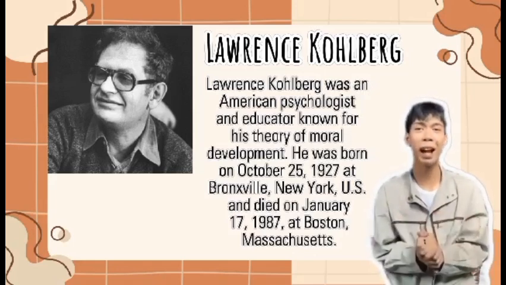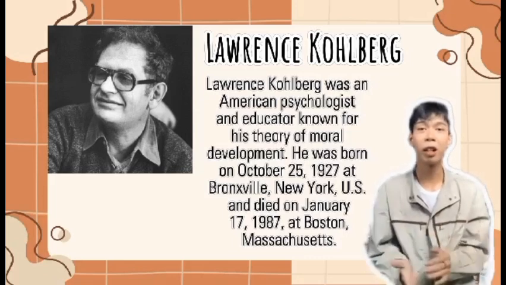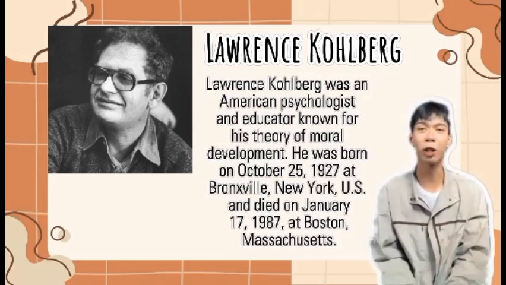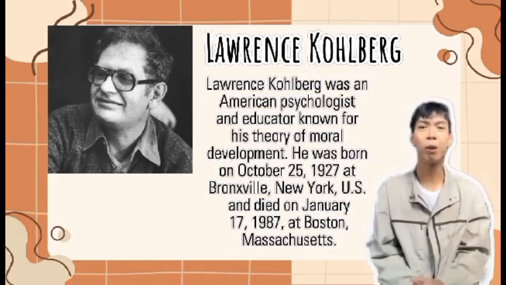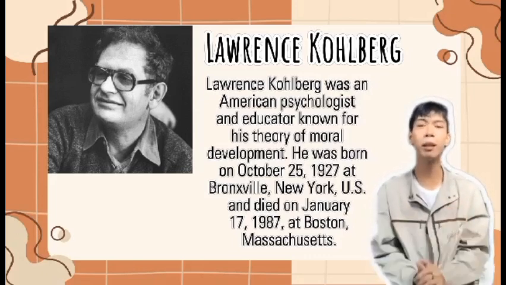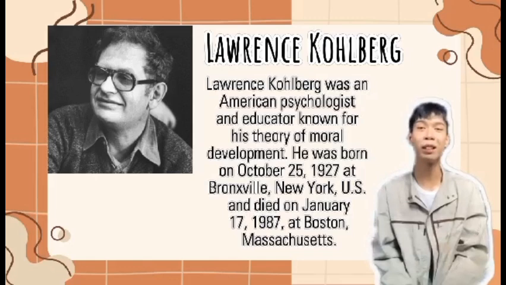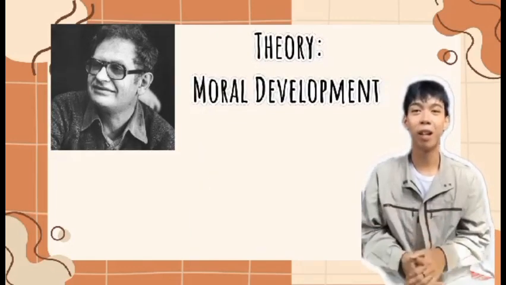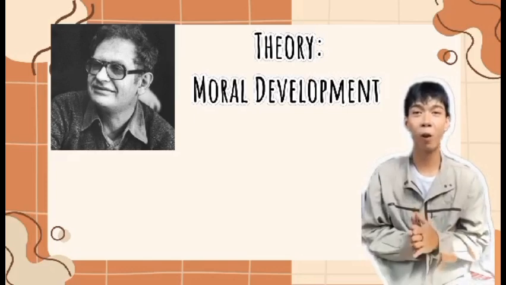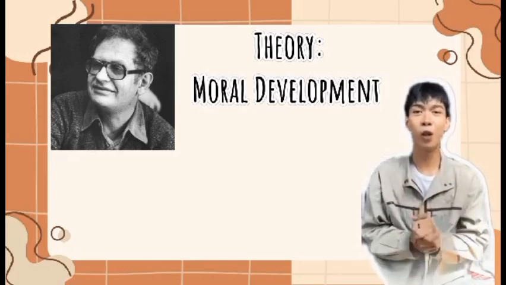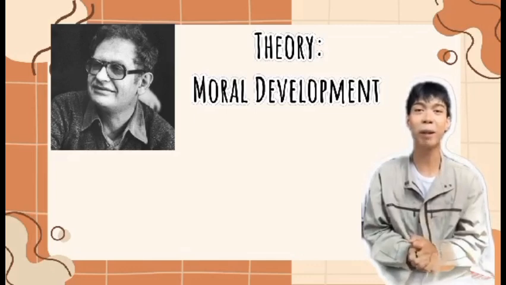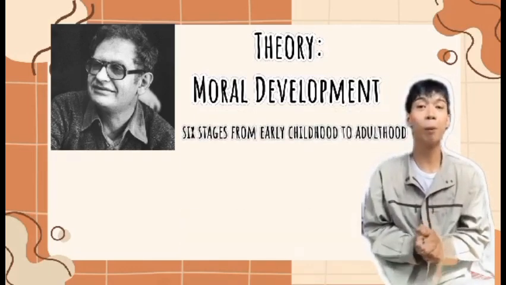Kohlberg's theory was highly influential, especially in psychology and education. No other account had provided such a detailed explanation of children's moral development. His theory was entitled Moral Development. Lawrence Kohlberg devised a theory of moral development which postulates that moral reasoning passes through 6 stages from early childhood